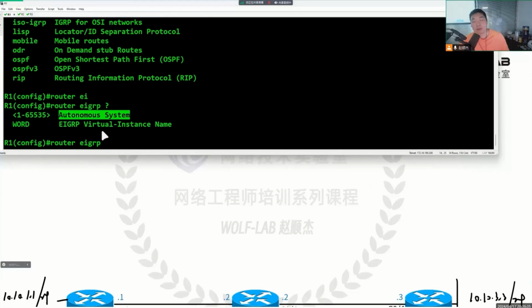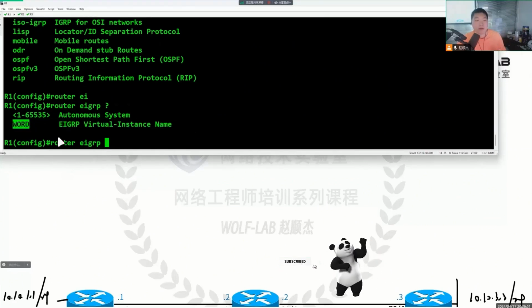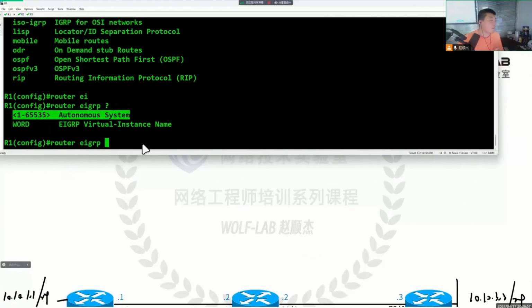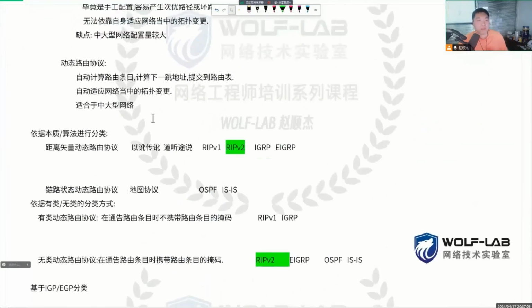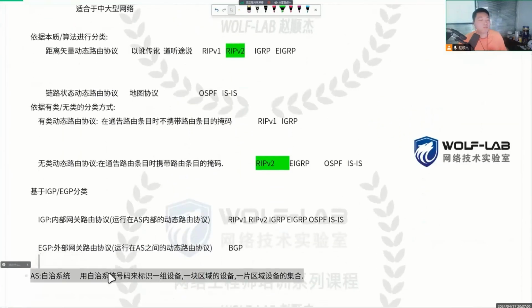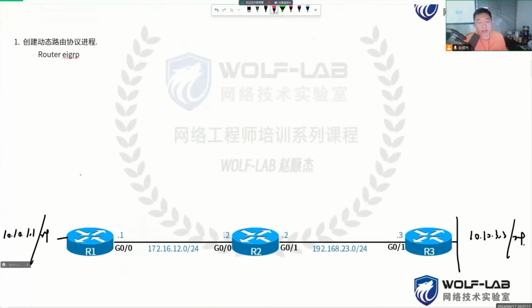The AS number, as I mentioned before, is used to indicate a group of devices, a collection of devices. Simply put, we need to explain which community R1 lives in, and which community R2 lives in. Then think about the relationship we want to establish between R1 and R2: a neighbor relationship. What is a neighbor? You are in the same building, so you can become neighbors left and right, or up and down. But if you live in a building in Shanghai and he lives in a building in Beijing,